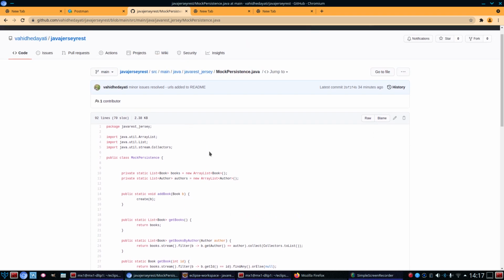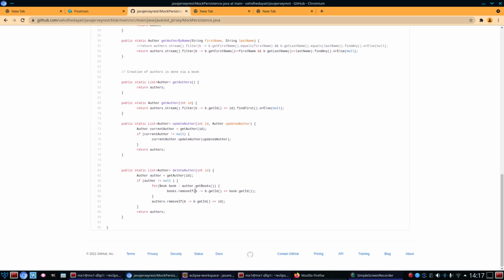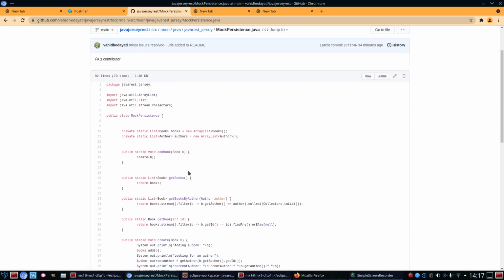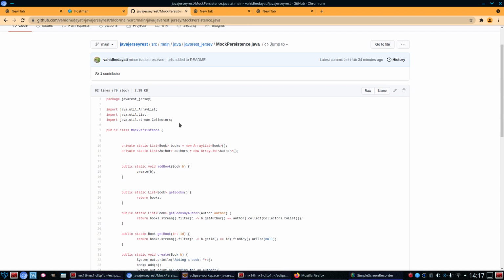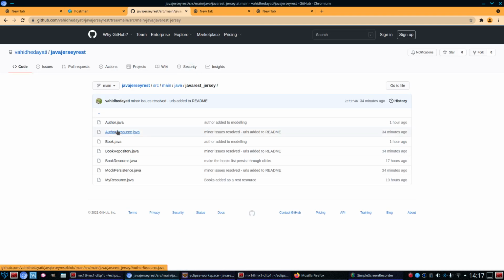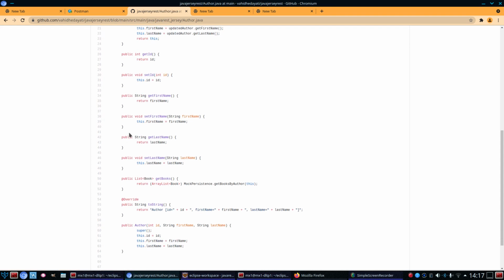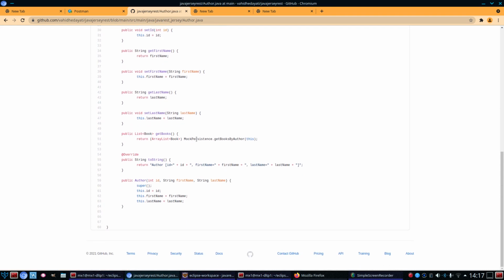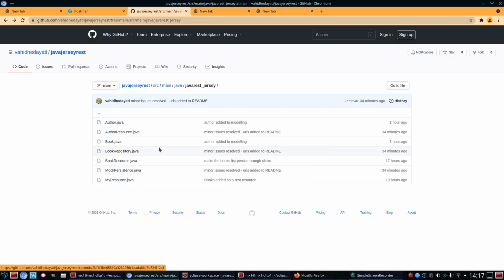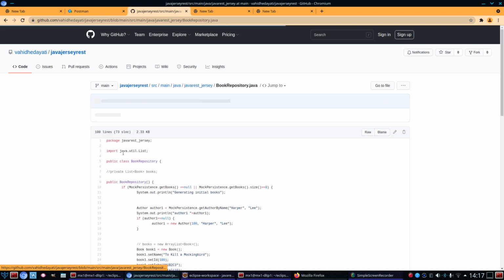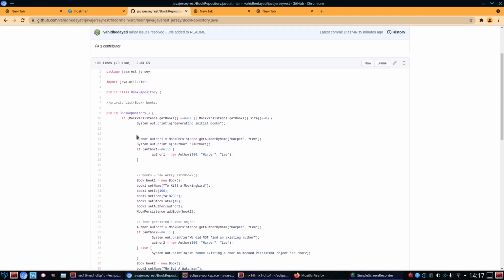And inside the author domain class, over here we've said author.getBooks, and getBooks calls this method here, which lists all the books that we've got down there. And inside author, we have a method here called getBooks, which goes back to mock persistence, which is what I've just shown you, to get all the books that belong to this author. And where book has book repository, which now calls onto the mock persistence class,